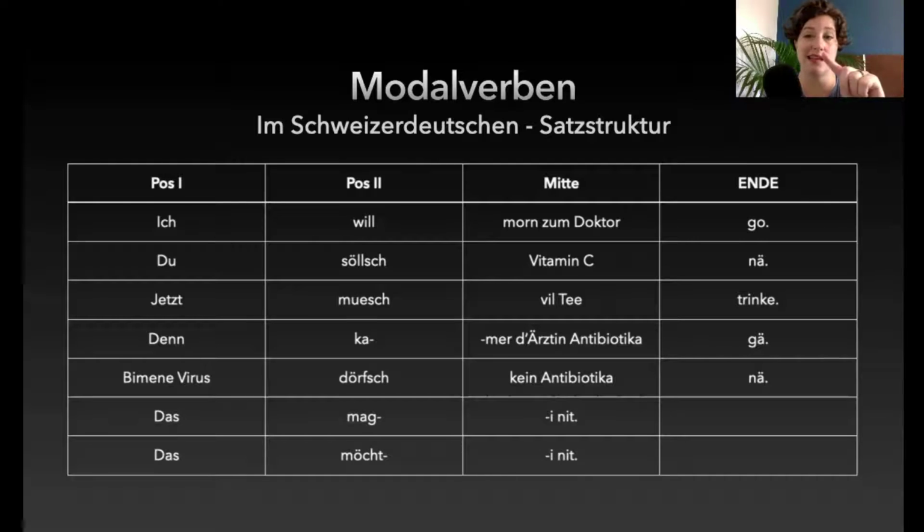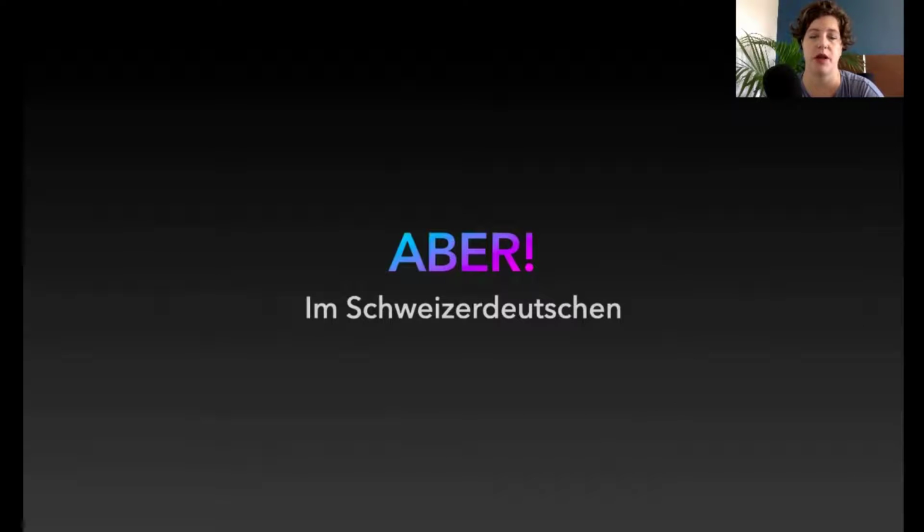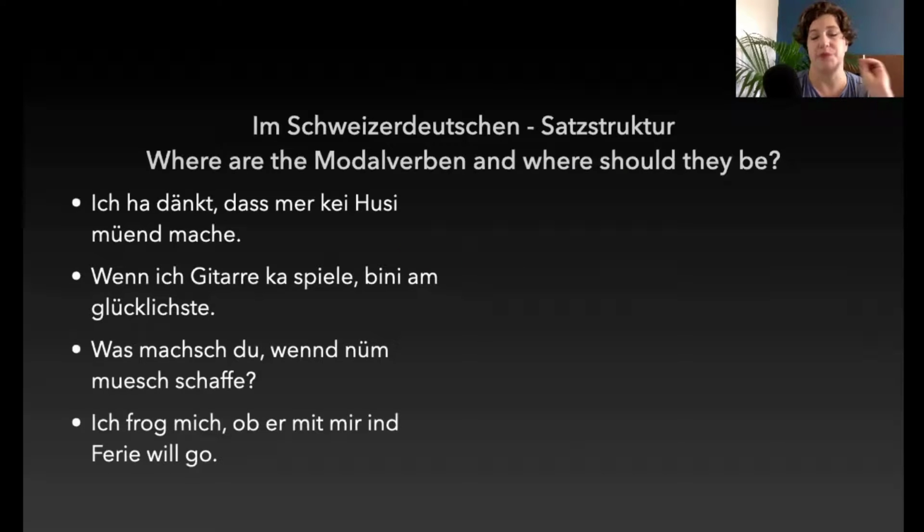Das mag ich nicht. Das möchte ich nicht. The "ich" at the end is the subject. Okay? And then again, we have the same thing that like möchten and mögen don't per se need a second verb, that's identical to High German. So if you understood High German, then you understand the same structure in Swiss German. But because Swiss German cannot show it, we of course have to have it in a special way.